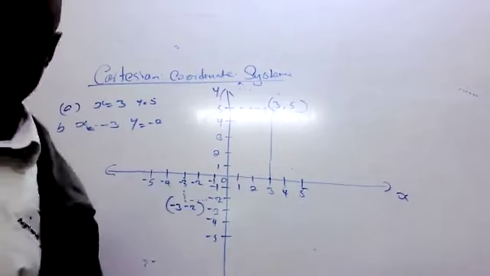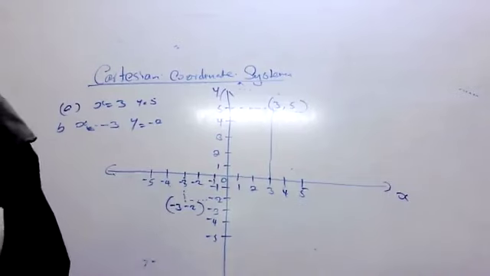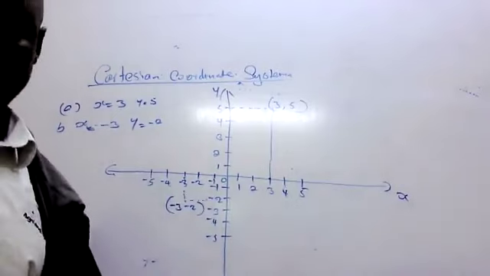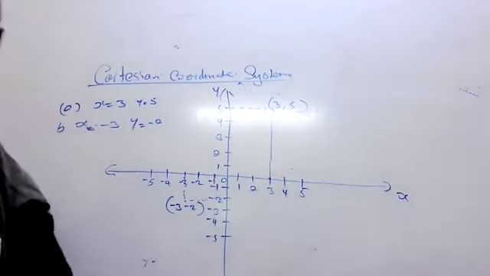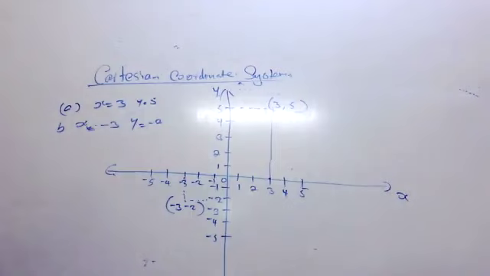So now when we talk about the functional relationship, we are going to look at the relationship between the variables. So you write: functional relationship between two variables exists when